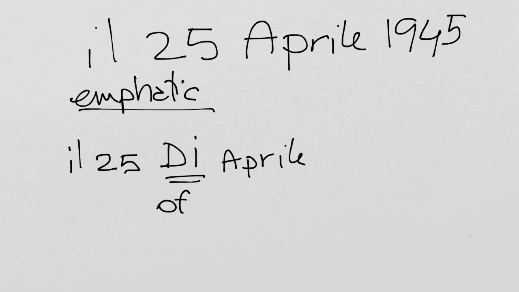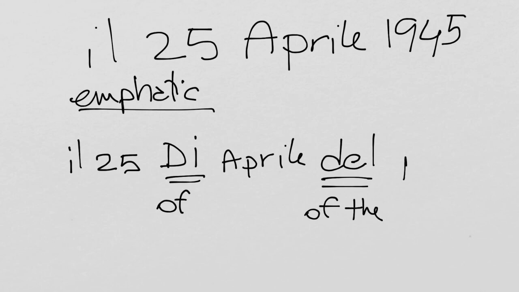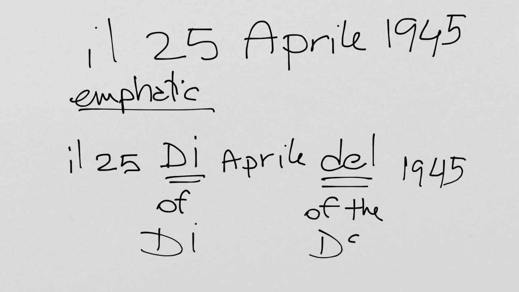So the preposition di, and then we say del, of the, and then the year 1945, del 1945. So let's talk about the prepositions di, which is the simple form, and del, which is what we call